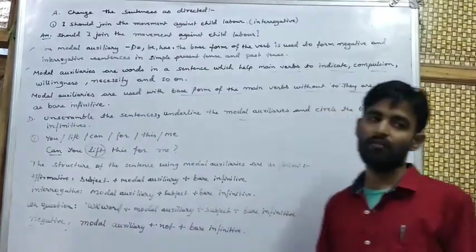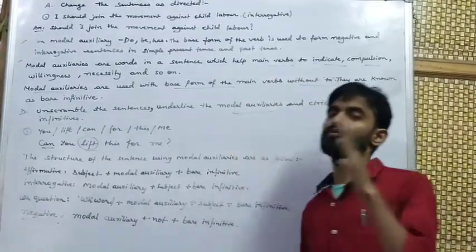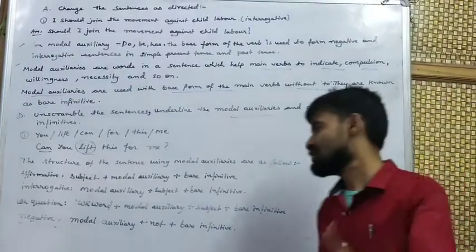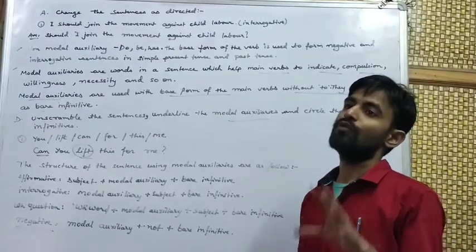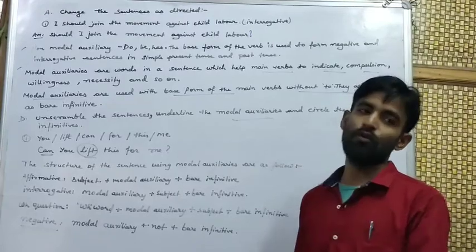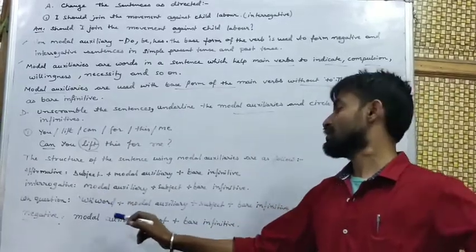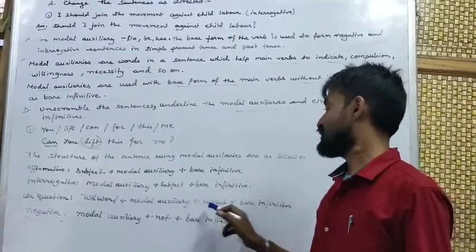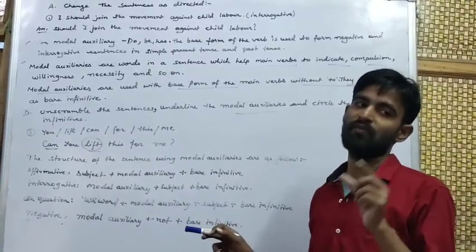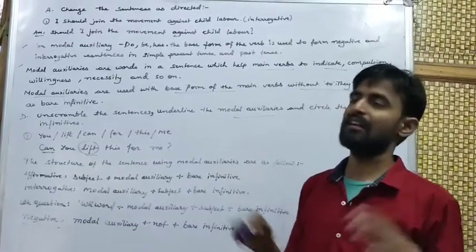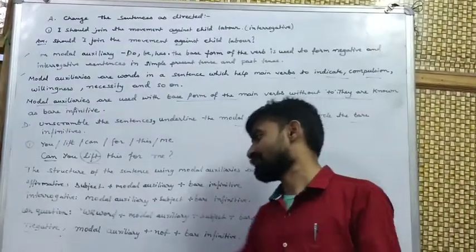For question words, the WH words, whichever question word we use, we put it in the front. After that we use the modal. For example, "Why can you...", "Where can you go?", "Where can you swim?" These are questions where the WH word is in the front, the modal is after that, then the subject after the modal, and at the end the bare infinitive. And if the sentence contains an object, then the sentence will move on further.